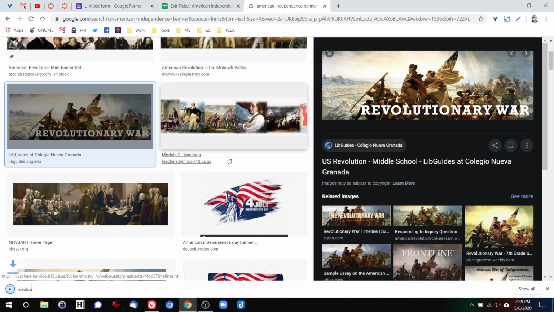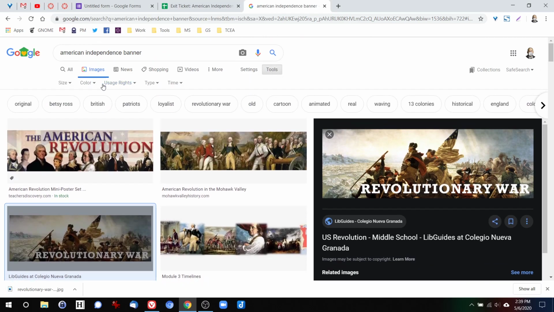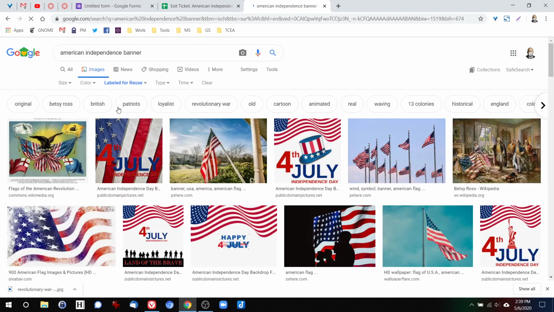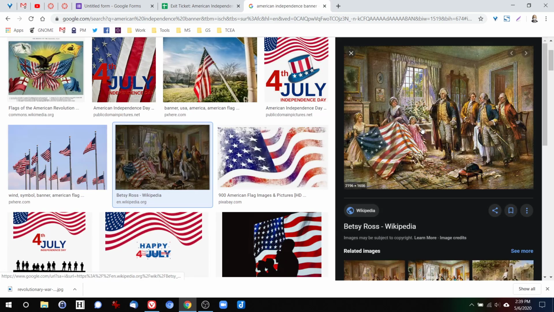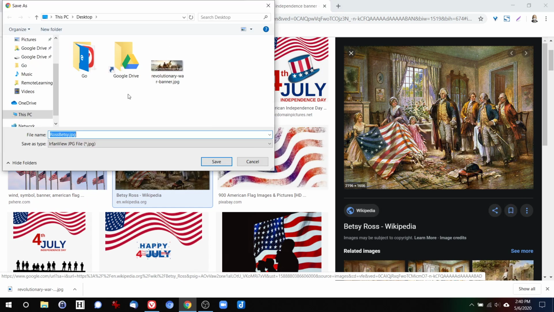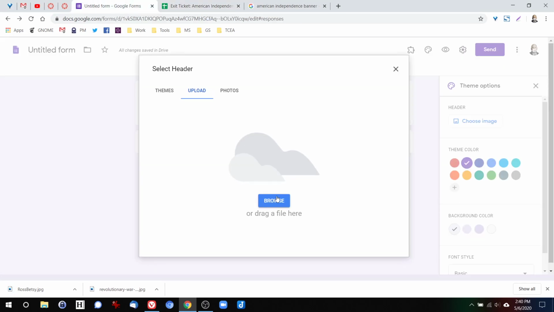And I just want to point out that if we're worried about copyright, and we should be, with the usage rights, if I go to Tools and then labeled for reuse, it will shuffle all those pictures and say, hey, you can use these pictures and it would be perfectly okay to use that. So I could come over here and say, hey, this looks great. It looks like Betsy Ross with George Washington. So that's Ross Betsy. Okay, so now that I have that picture, I can come back to my form,